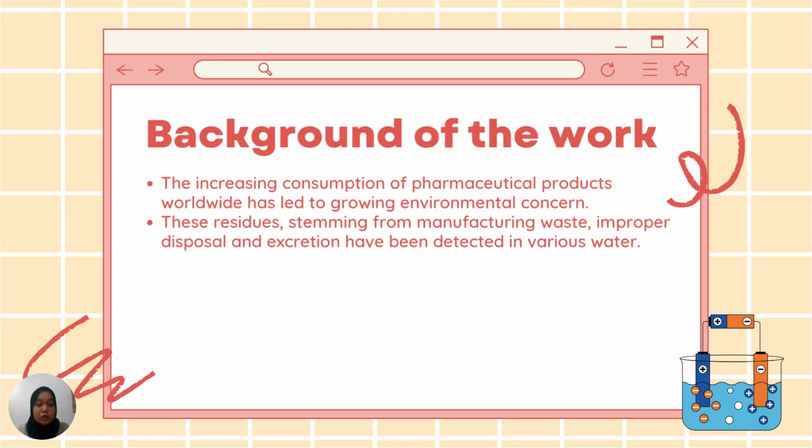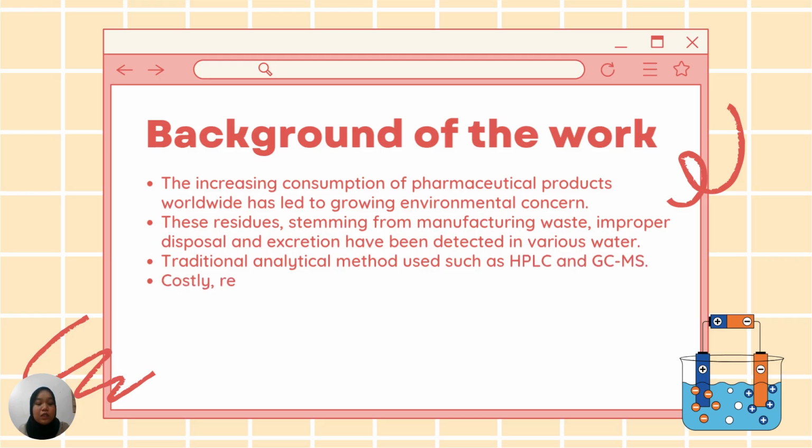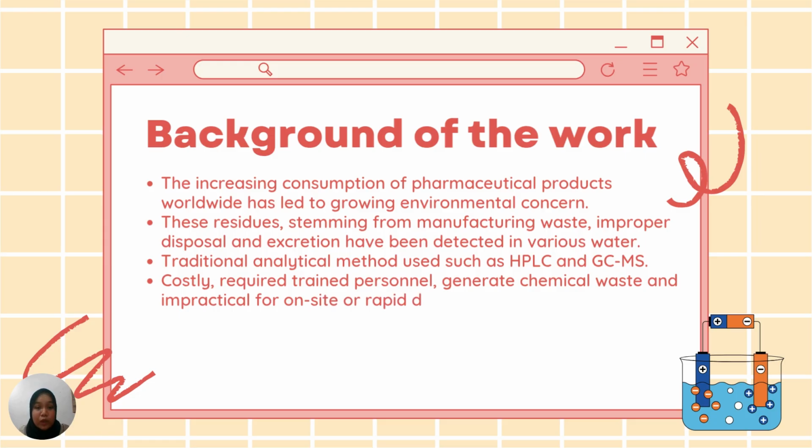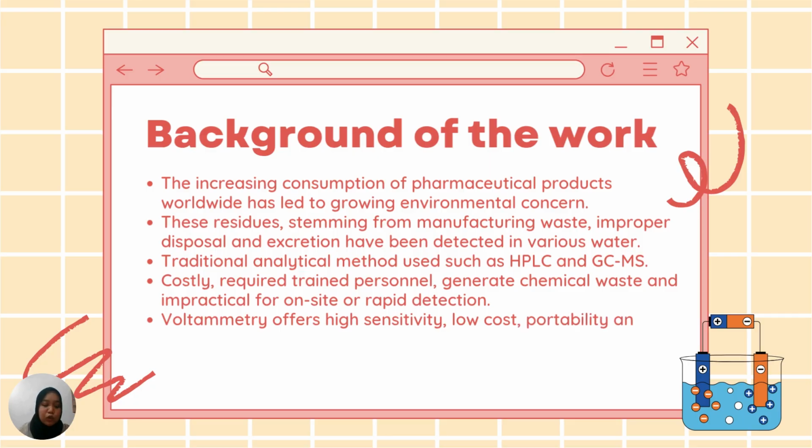This is due to the release of active pharmaceutical ingredients, whose short form is API, into water bodies. These residues, stemming from manufacturing waste, improper disposal, and excretion, have been detected in various water, including drinking water and groundwater, even at